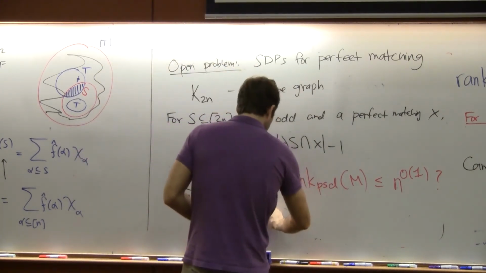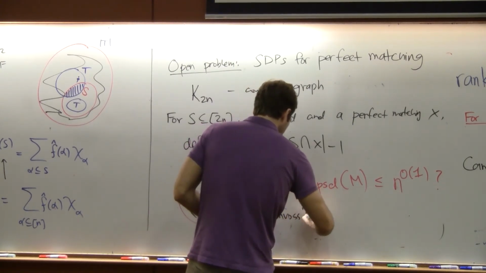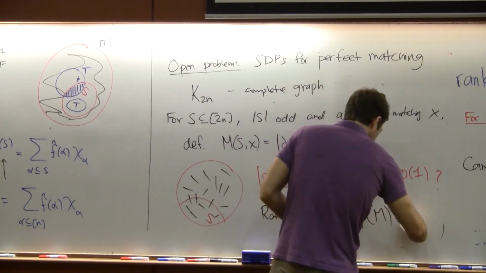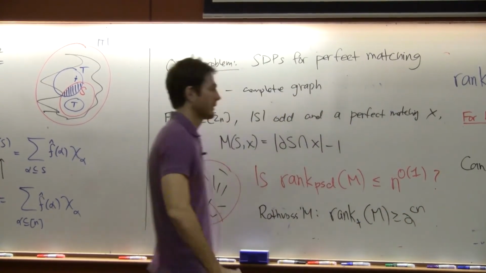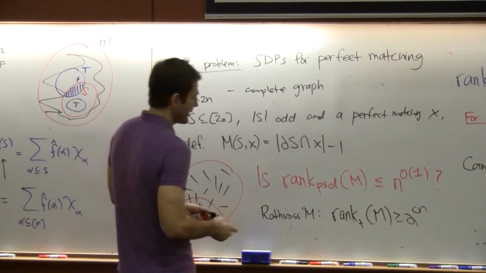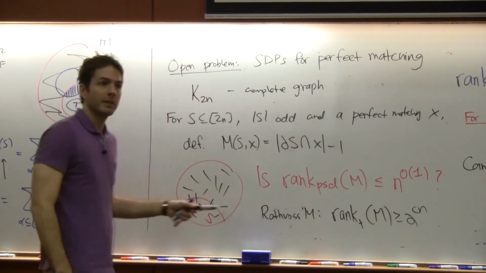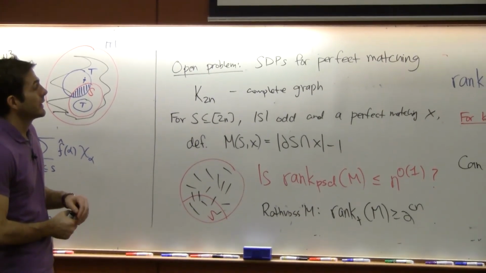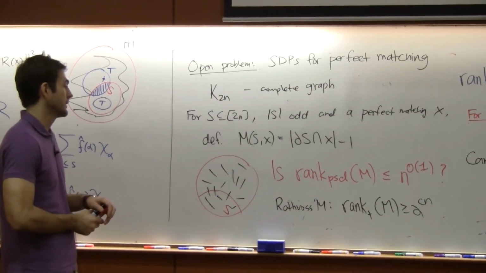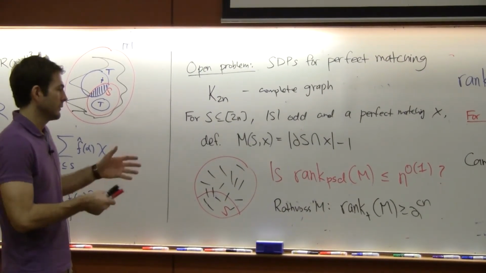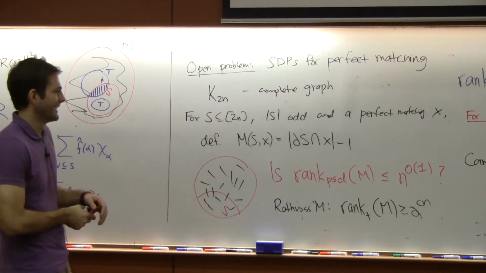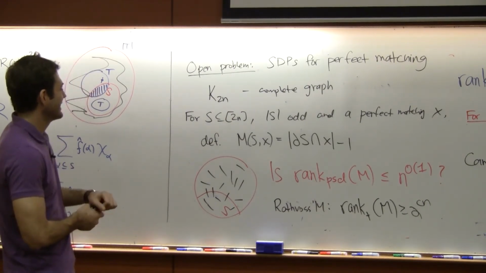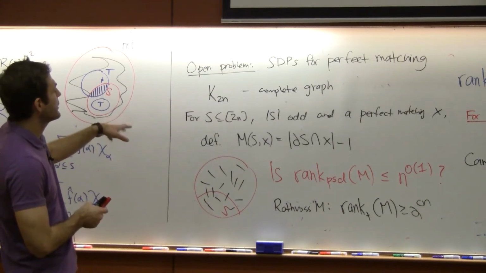And that question is wide open. My colleague Rothvoss proved a strong lower bound for this matrix for the non-negative rank. The non-negative rank is very big, but we have no idea about the PSD rank. And it would be really nice to just apply this framework to get a lower bound, because you would just reduce it to considering sums of squares relaxations of matching, and those are now, for me as of yesterday, at least now I understand what's going on there. There were discussions over lunch. But the reason this doesn't work is